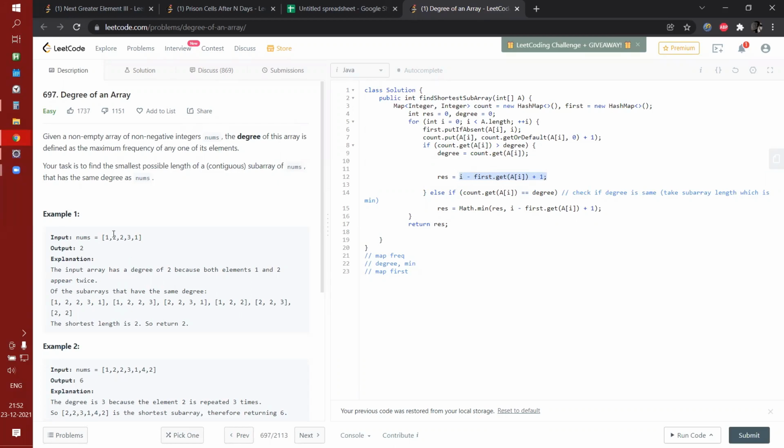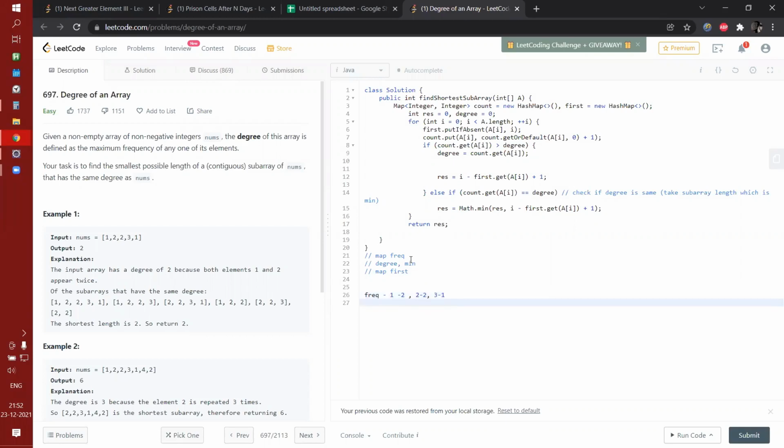For example, let me create a frequency map. You have 1 as 1, 2 as 2, 3 as 1, and 1 as 2.